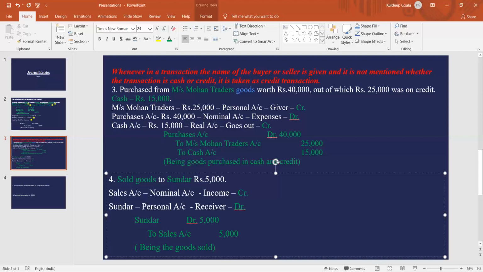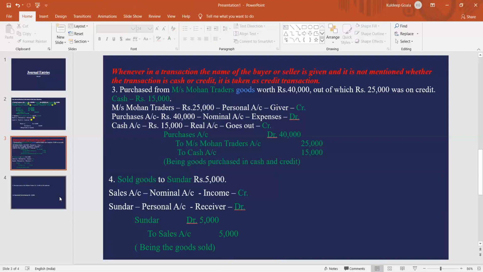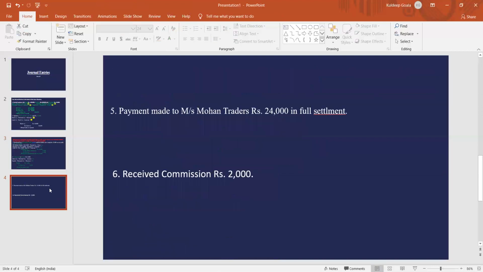Okay, that's all. Now hopefully this is clear. Okay, now we will go to the next transaction, that is payment. Point number 5, or transaction number 5, payment made